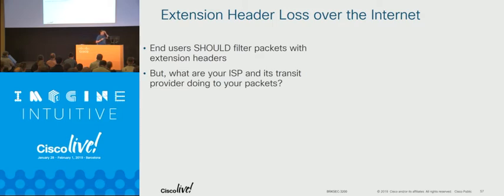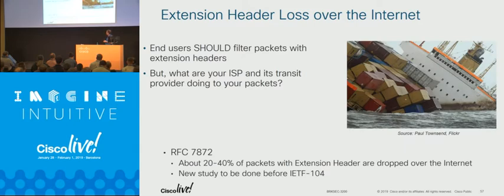At the IETF, there's been a study, and I don't agree because I've done a similar one, and I got different numbers. About 20 to 40% of packets with extension headers are dropped on their path to the internet because some service provider dropped them. I still wonder why. Jan Linkova from Google will redo the study to be presented in Prague in March, at IETF 104. So hopefully it will be better. Because it's really annoying if service providers drop user traffic, because you cannot extend the internet with this. Anyway,